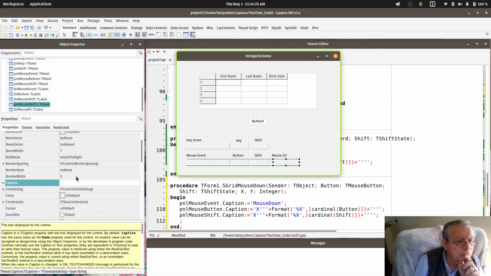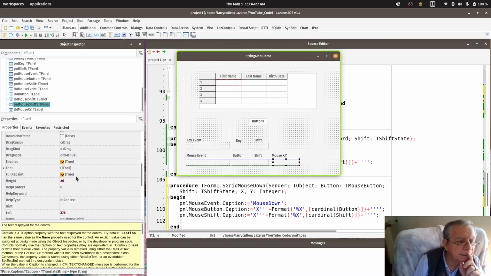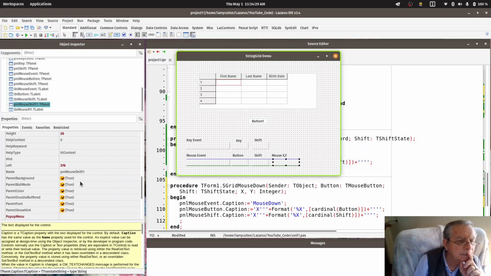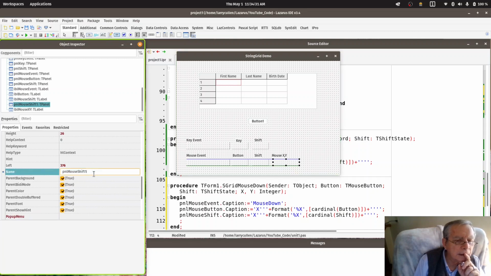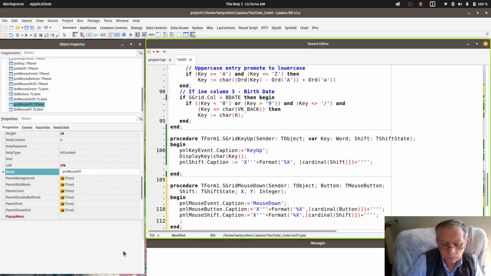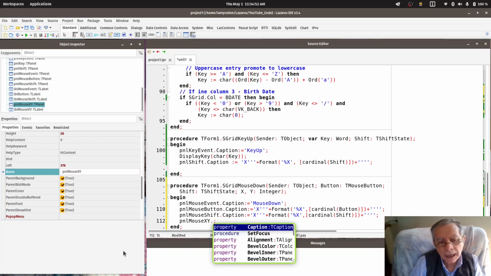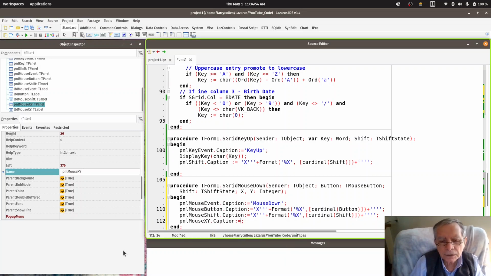The name is supposed to be mouse XY. So this is panel mouse XY caption is equal to,